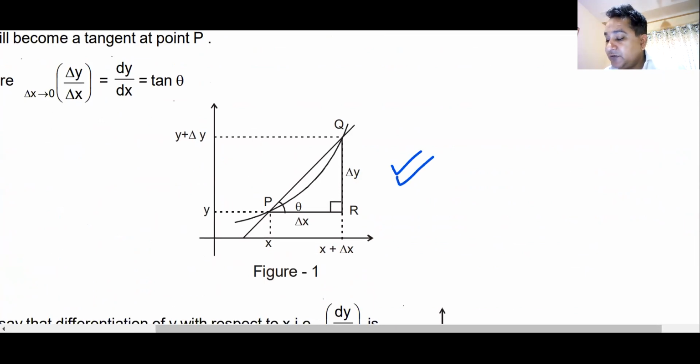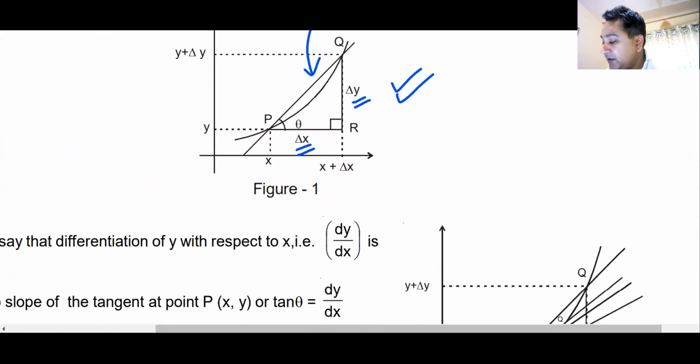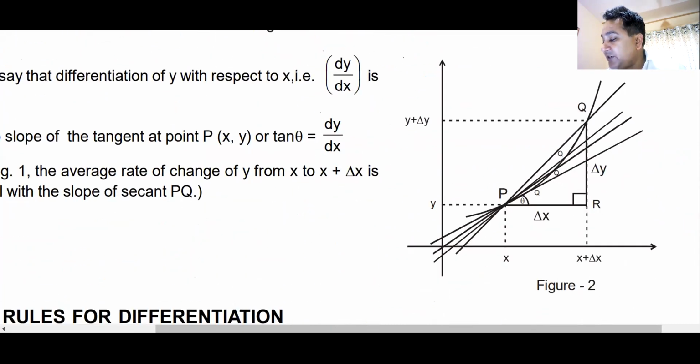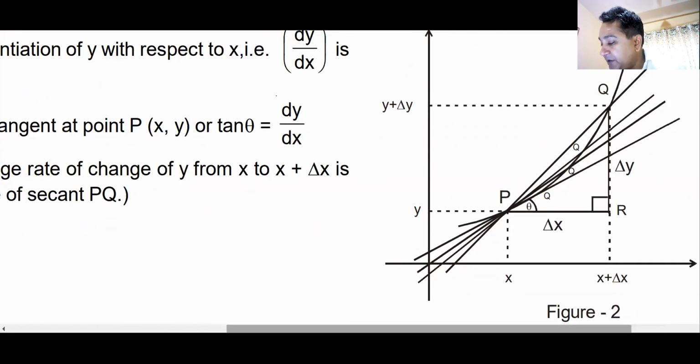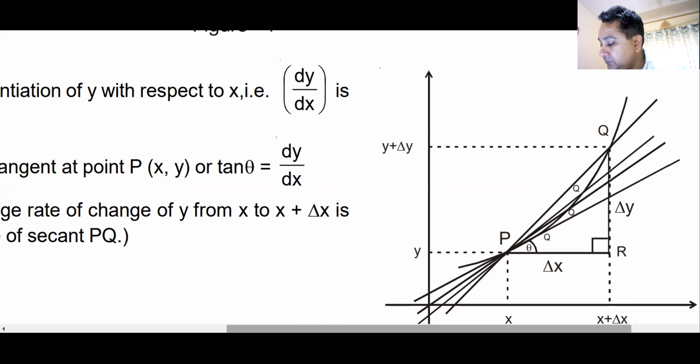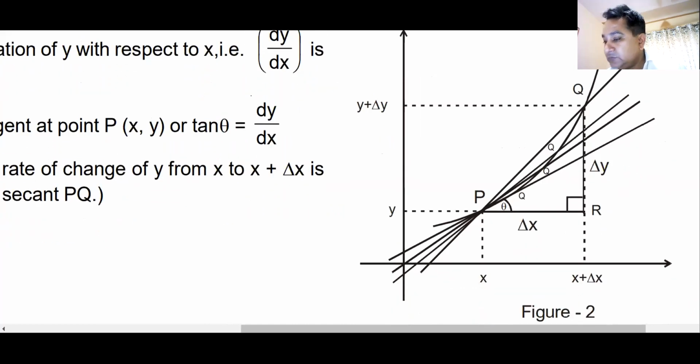Here I have a secant. PQ is a secant. Here is delta x, which is the change in the value of x. Delta y, the change in the value of y. And now look, this is what I wanted to show you. I'll again increase the size of this figure so that you can see it big on your screens. Okay, I think it's big enough. Now see what is going to happen, and then I'll write it in the notes.